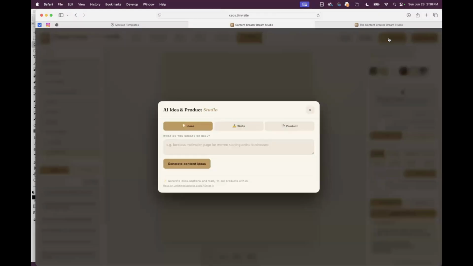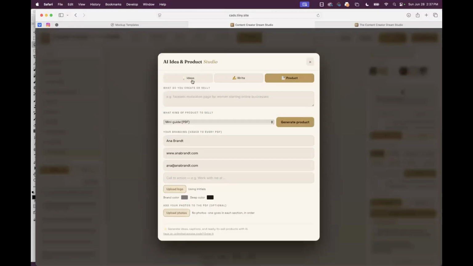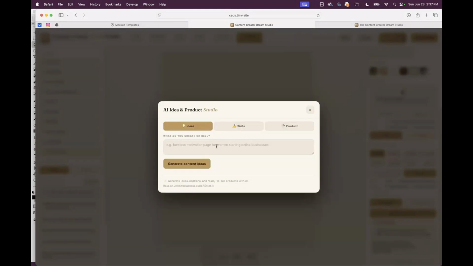Let's go into AI Studio. AI Studio is ideas, right, or product. And this is gold. This is worth everything. I've been getting on Heather about things she's going to be doing and my trainers and things like that. So let's just say you want to create something. And again, you can go into ChatGPT, you can do Claude, you could do this. But what happens is after a while, things get bogged down. You end up paying more. And a lot of this, I've kind of put my brain into this, which is your advantage.